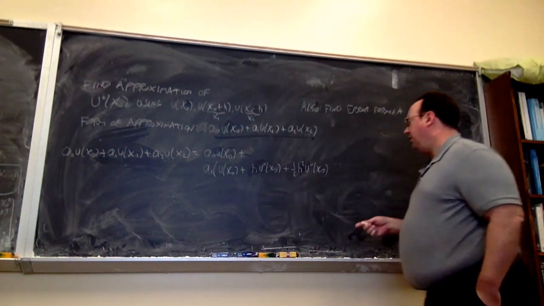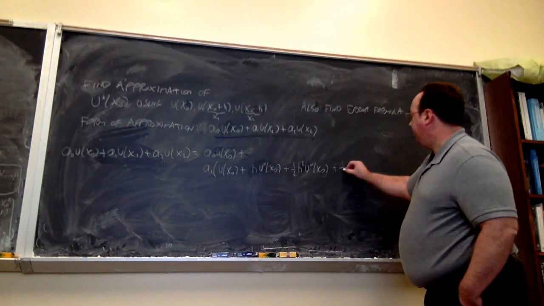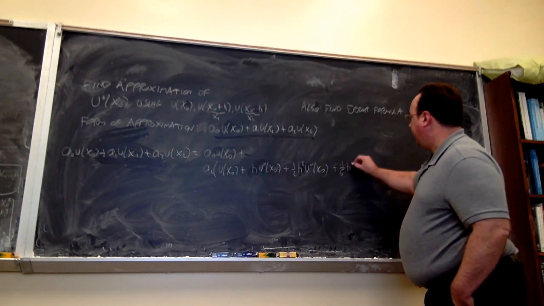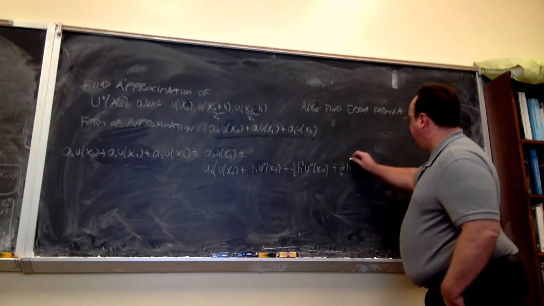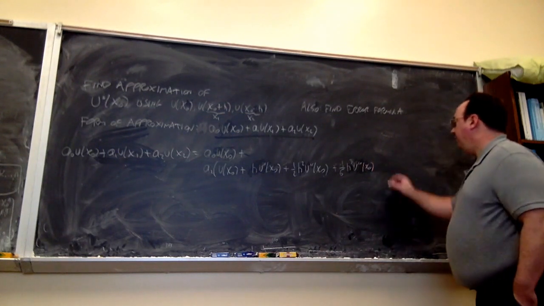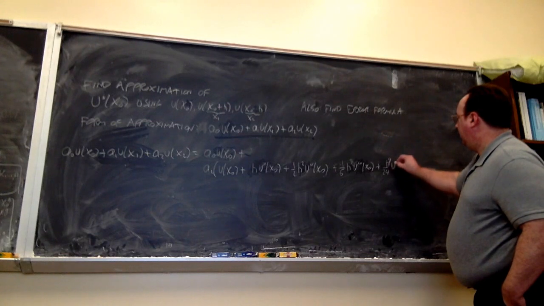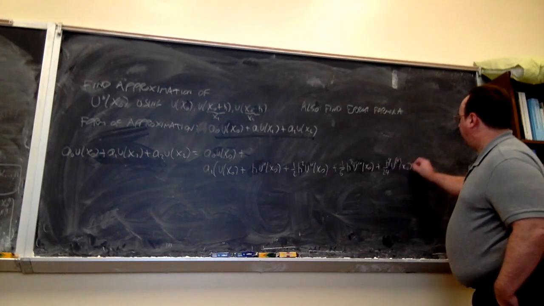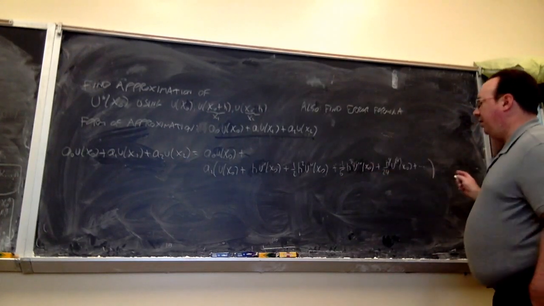So we definitely need to go out this far, but I'll need to go out further if I want to get an error term. So I have h cubed u double prime x naught, and I'll go out one more, u quadruple prime of x naught, and so on. All that's times a1, and then